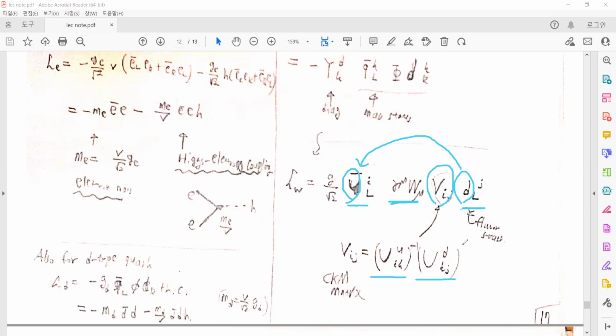there should be some mixing matrix which converts from the weak eigenstates to the mass eigenstates, and it can be represented by the multiplication of the two mixing matrices from the down-type quarks and the up-type quarks. And such a multiplication of the two unitary mixing matrices can be defined as one unitary mixing matrix called the CKM matrix for the quark mixing, and it appears in the charged currents, the interaction terms in the Lagrangian.